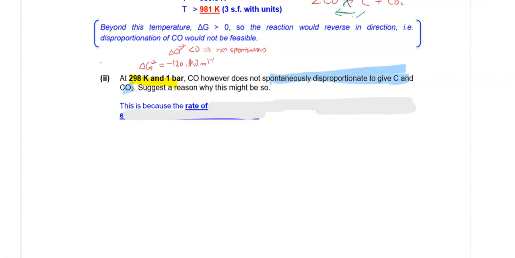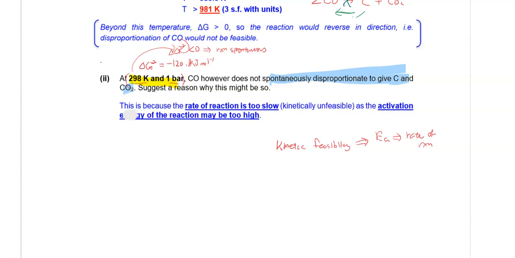So again, in this case, because the question gives you standard condition, it matches the naught sign. Naught sign is 298 Kelvin, 1 bar, right? That's the standard condition. So the only possible reason is that in thermodynamics, we only account for the thermodynamic feasibility. We do not take into account the kinetic feasibility. What do we mean by kinetic feasibility? Alright, we're looking at the concept of your activation energy and the rate of reaction. So some reactions may be thermodynamically feasible, but because it's too slow due to a very high Ea, it becomes